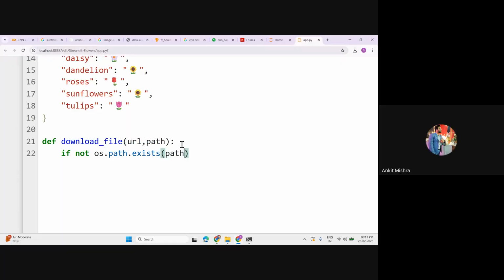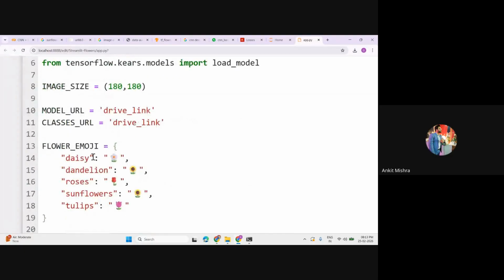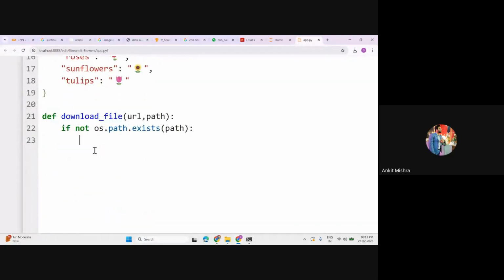This path. If this path is not existing, then what will it do? This will use the request module, go to this URL and try to get the bytes data of this one. But we know that we have that path, so we are just creating this for the safe side, right? So I'll just create an R variable. You can just call the request